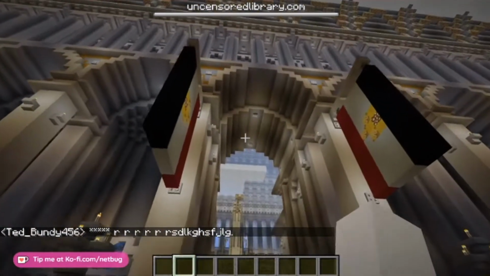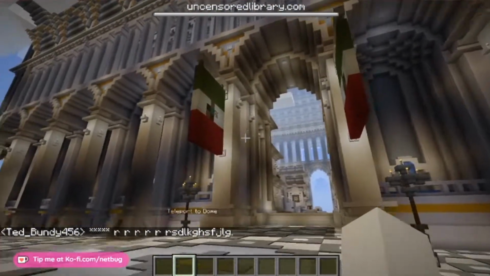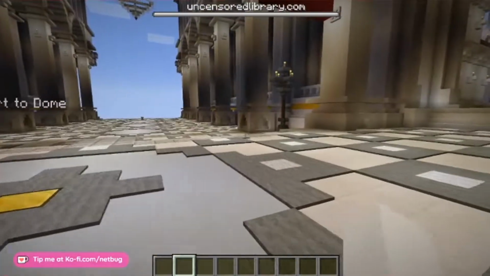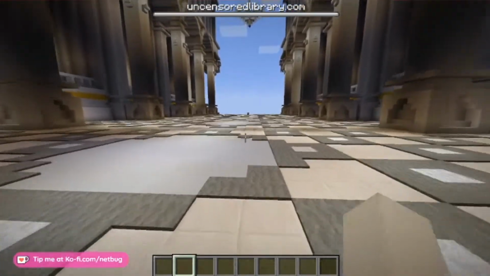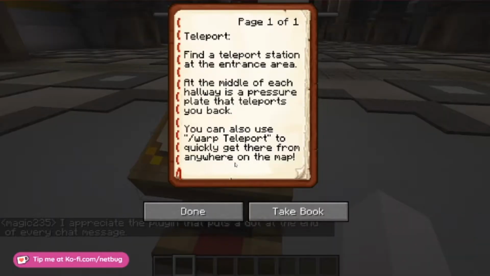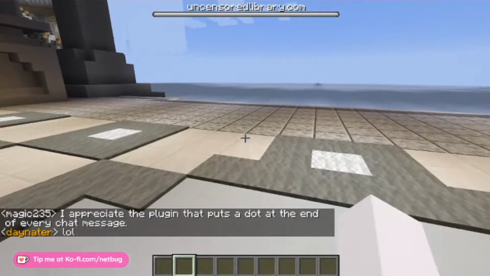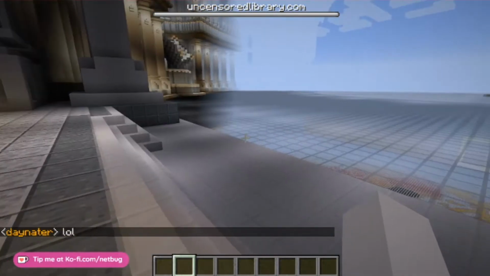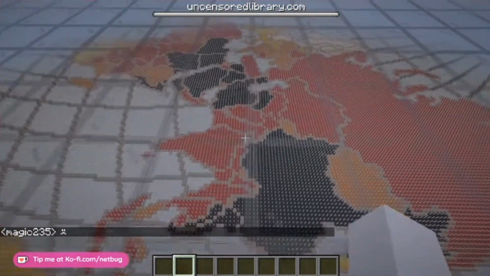Wow. So, okay. I am not even going to dare say country names until I find the little plaques that give the information, because I'm going to very quickly reveal my failure at geography if I do. You can also use warp teleport to quickly get there from anywhere on the map. What in the... Holy...